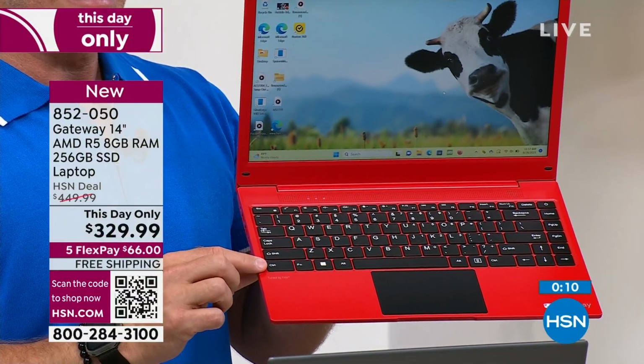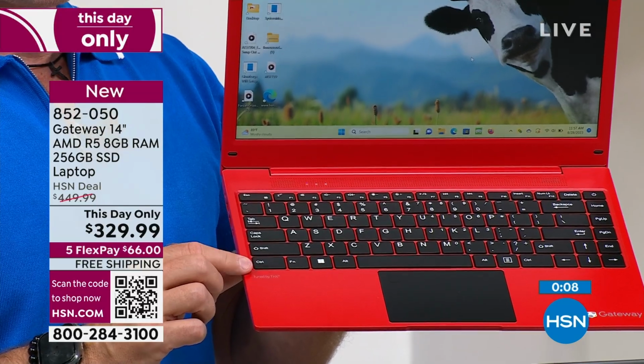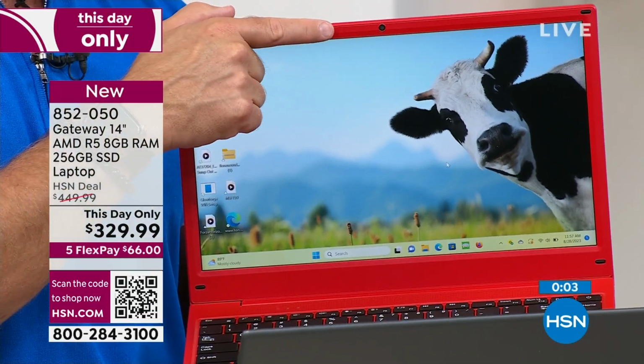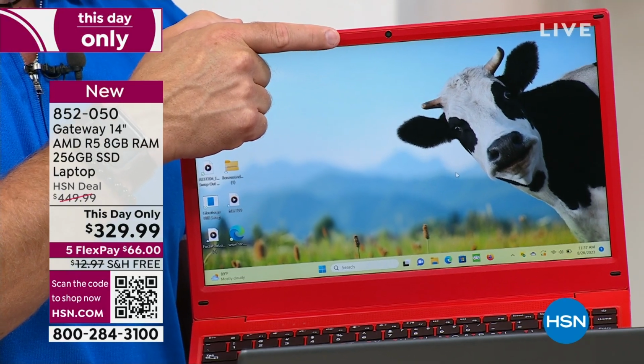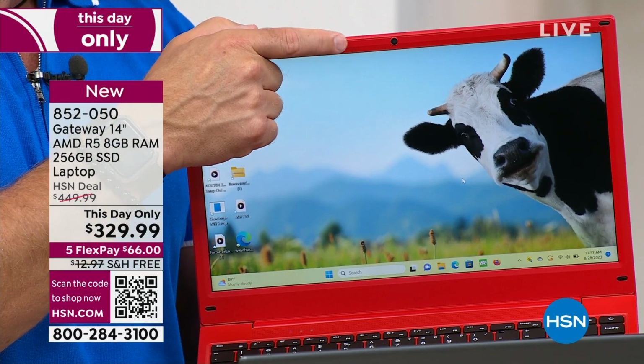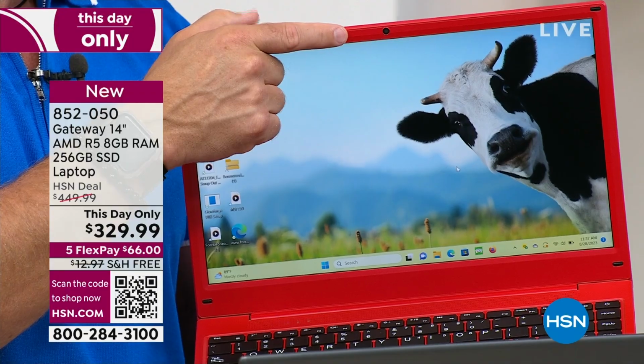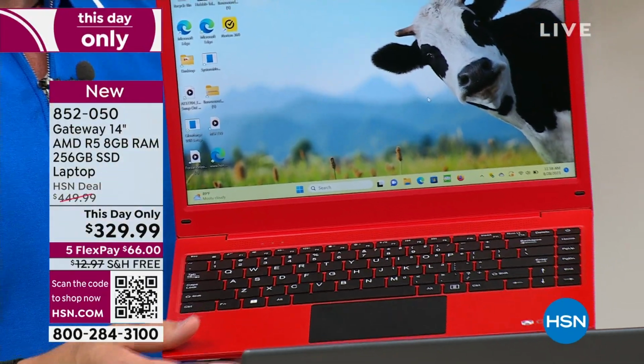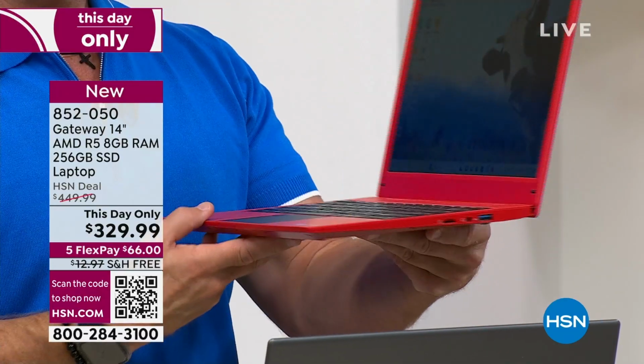But then there's some upgrades. That THX audio, which is great. So souped up audio, full-size keyboard, a great front-facing camera because we need a better camera because not all of us are going to class or to the community center to learn. We can easily be connected. And then it's the efficiency of those dual processors. So it's going to be more efficient in finding stuff. The fact that it can be